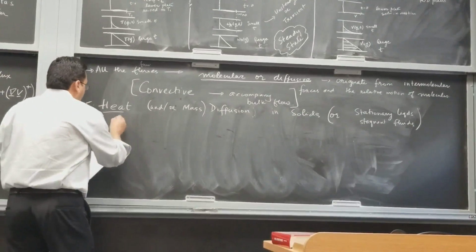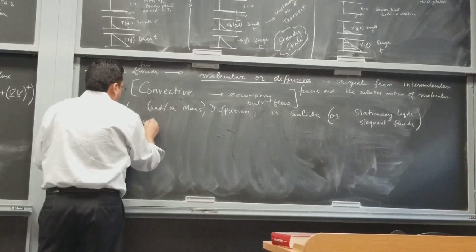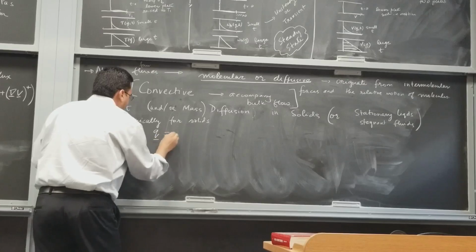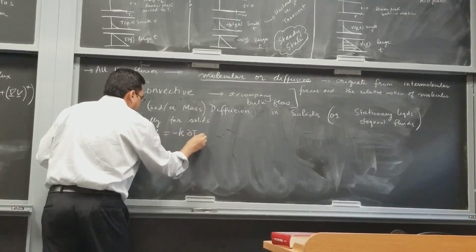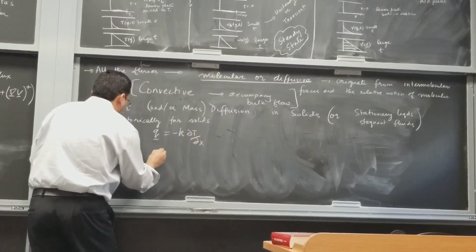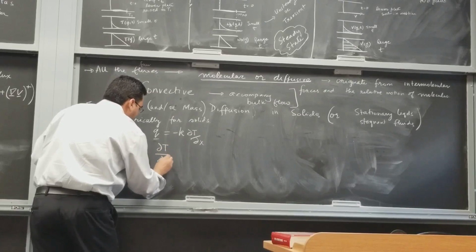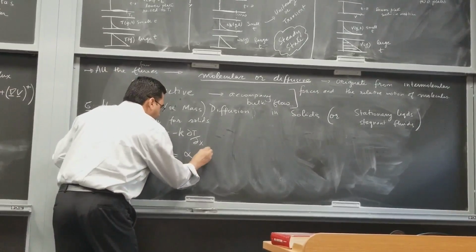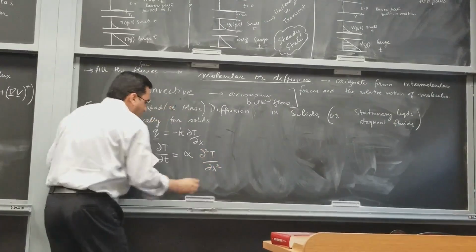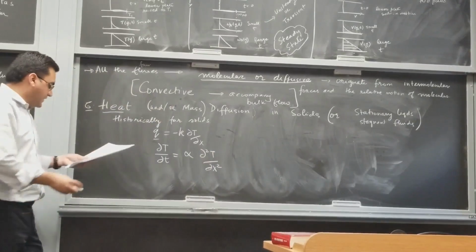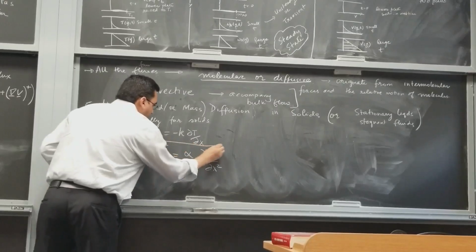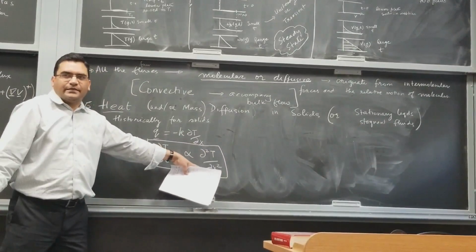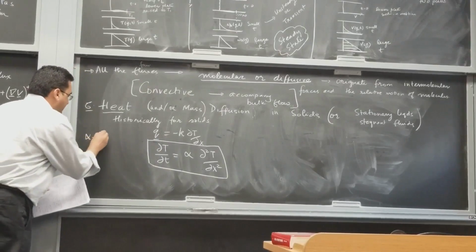But I'll just write that historically, for solids, Fourier already pointed out that Q is going to be K dT over dx, and then how temperature changes with time is related to, where does this equation come from? We'll do this next week. But that's a partial differential equation that includes a time derivative on this side and a spatial derivative on that side. And then there is a coefficient alpha here, which is equal to K, the thermal conductivity that you've already seen,